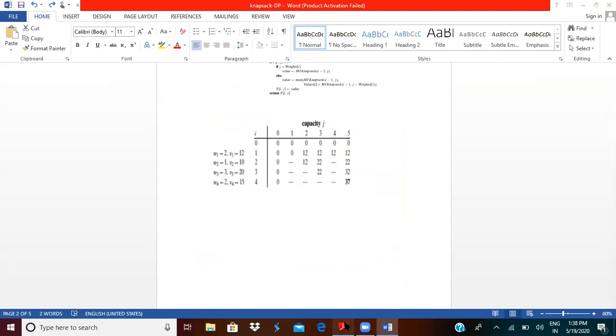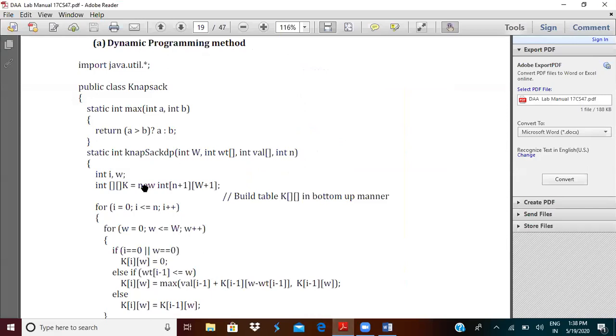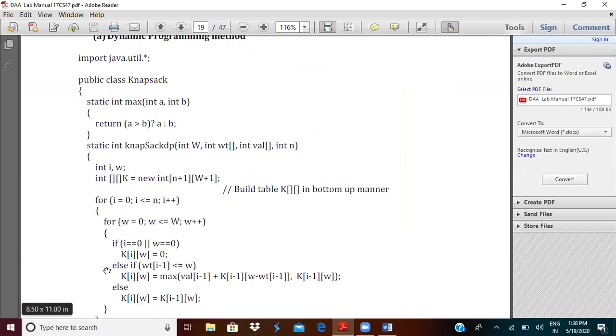Okay. Now, if we take up the program here, the i loop deals with the rows of the matrix. The w loop deals with the columns of the matrix. As long as we reach the end of the 4th row and the end of the 5th column, we process these statements within the for loop.